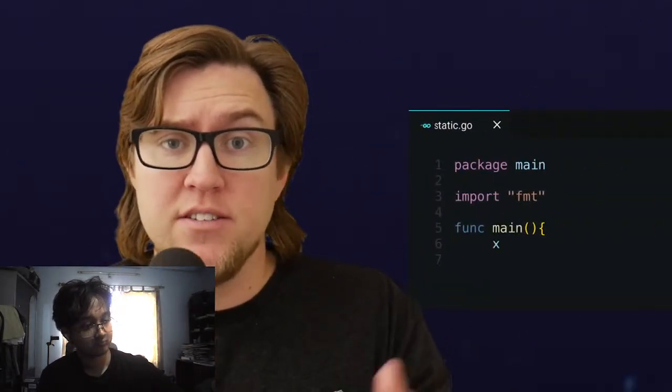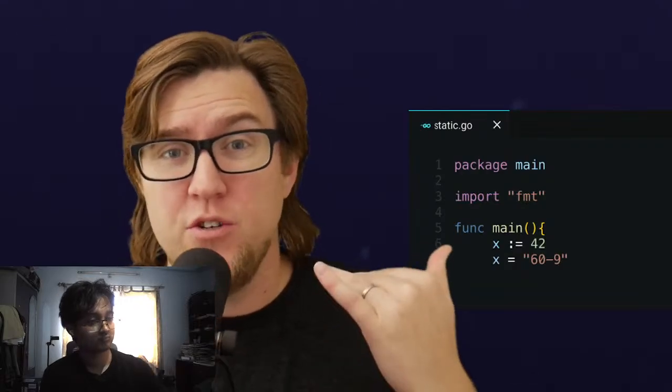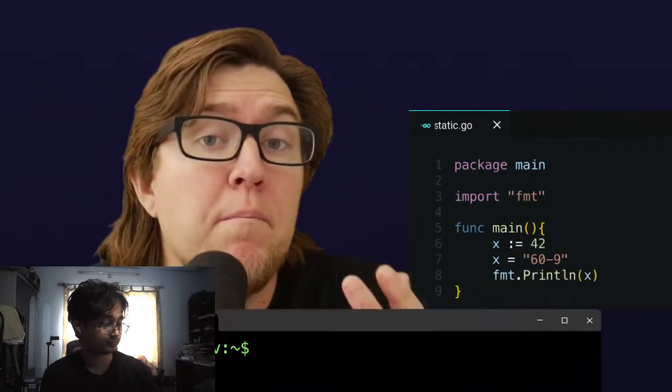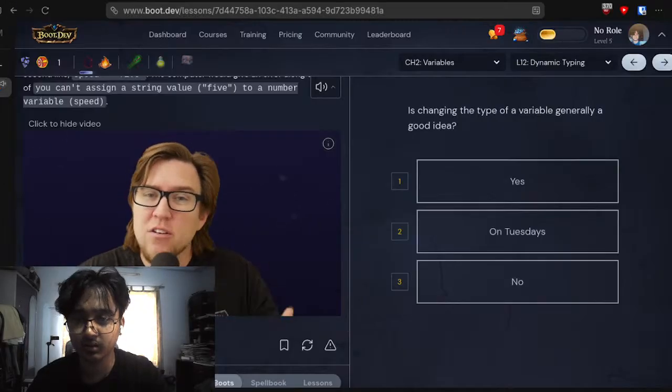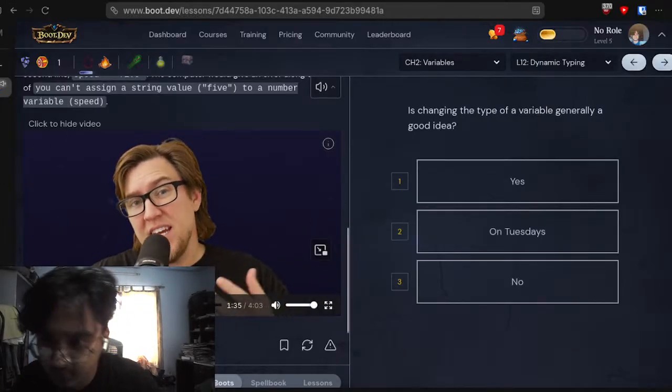Now, in a statically typed language, the types of every variable must be known before the code runs, which means you can't just change the type of a variable at runtime. For example, in Go, we can't just create a variable named x, set it equal to 42, and then change it to a string in the very next line. The Go compiler will yell at us and tell us that we're breaking the rules. Go, along with other statically typed languages like TypeScript, C, and Rust, don't allow us to just change the types of variables at runtime. And one of the great things about this is it stops us from writing really easy to write, kind of careless bugs into our code, because frankly, even in a dynamic programming